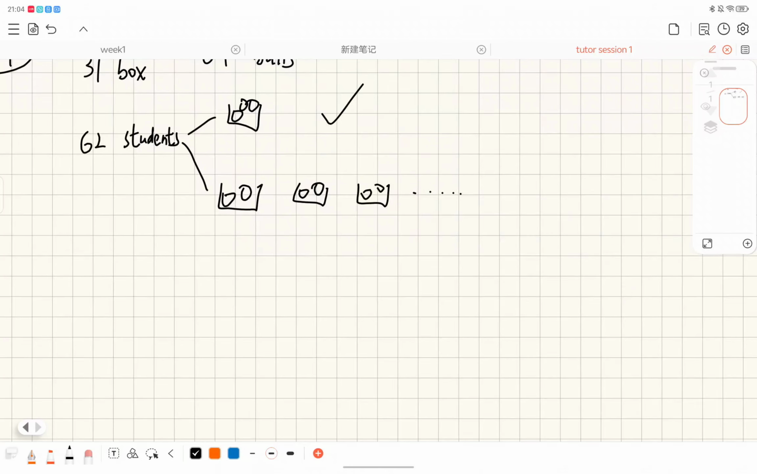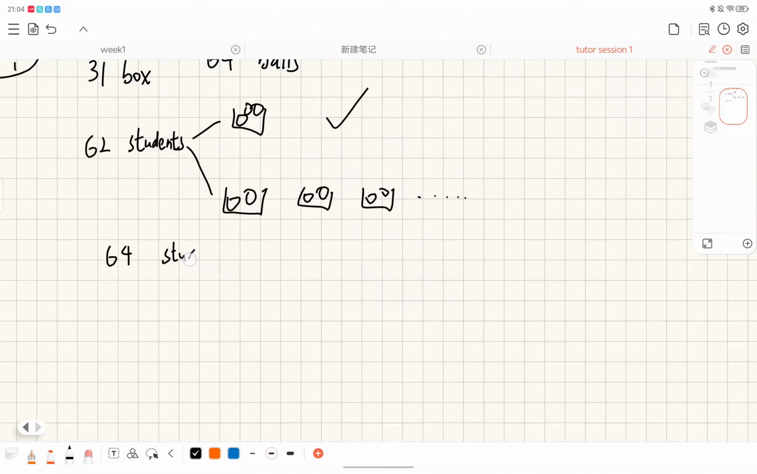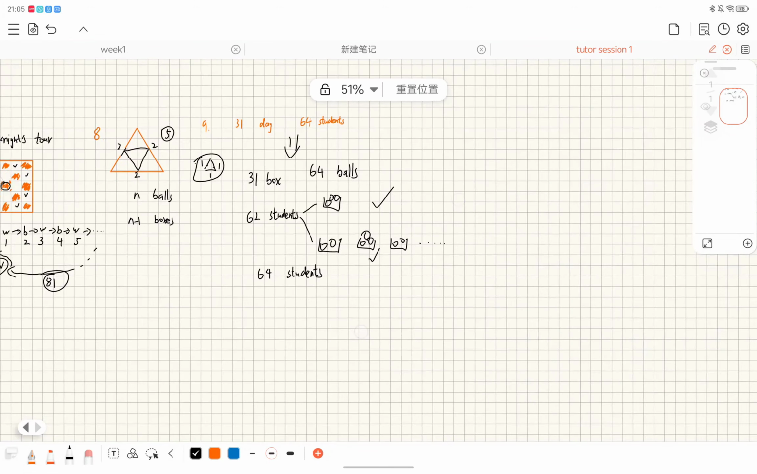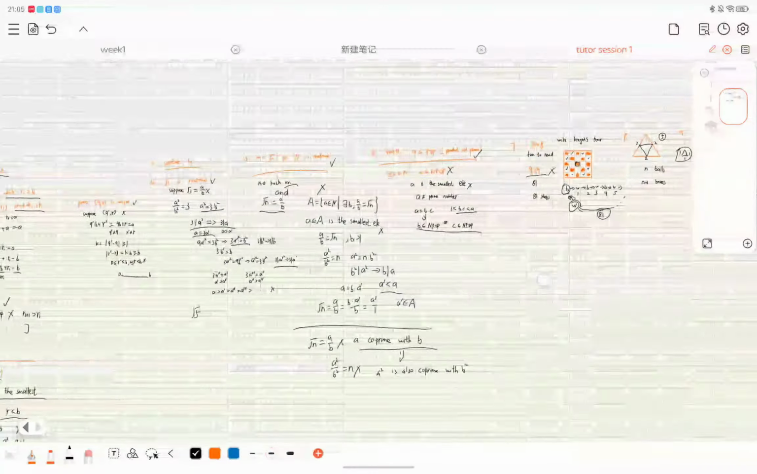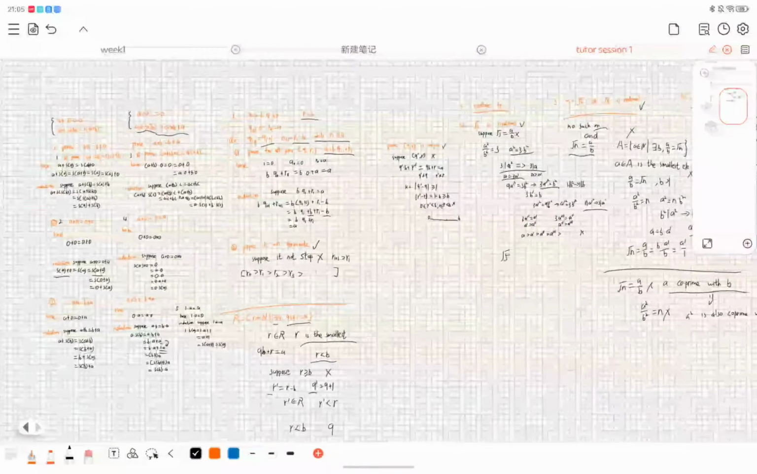So this one seems not correct, but we have 2 more students. We have 64 students in total. So we want to add 2 more students. For the next student, no matter which box we add it to, it will already have 3 balls, and it achieves the requirement for the question, which is that at least 1 day has at least 3 students having a birthday. Okay, so here we finish every question inside the